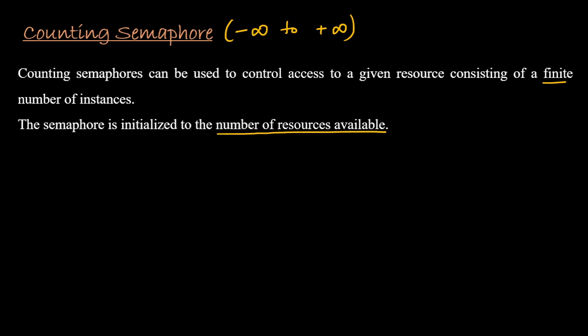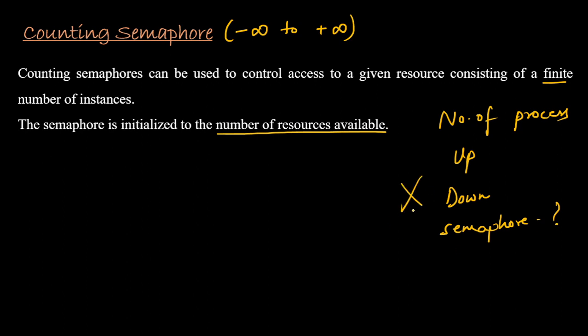A question can be asked in such a way as well, that there are 5 resources and there are 5 up operations performed and then 6 down operations performed on the semaphore. What is the final value of semaphore? Now many of you will be thinking that initial value तो हमें दी ही नहीं है, ठीक है, हमें क्या दिया हुआ है, हमें दिया हुआ है number of process, then they have given us up operations and down operations, and they're asking the final value of semaphore. So how we'll do it?